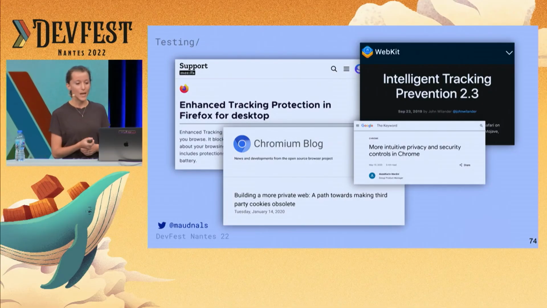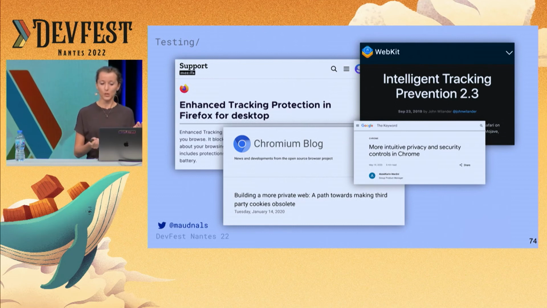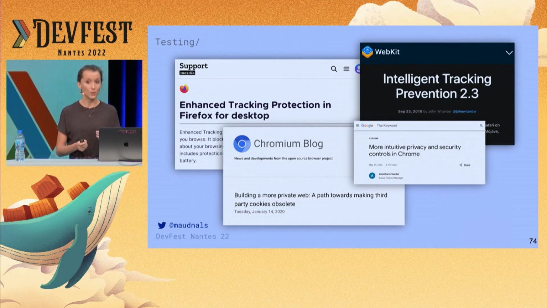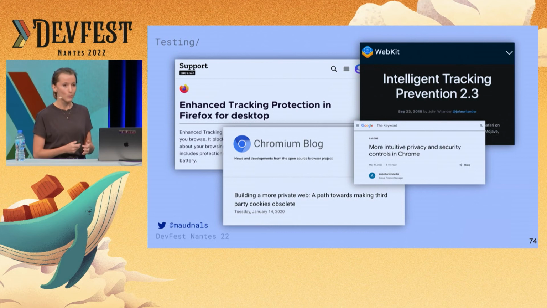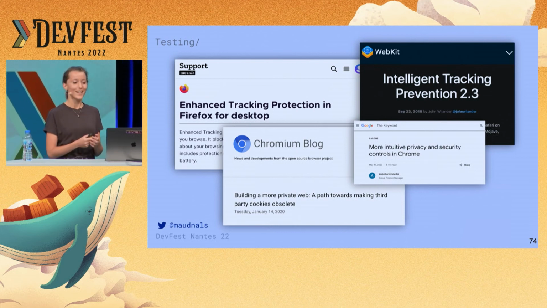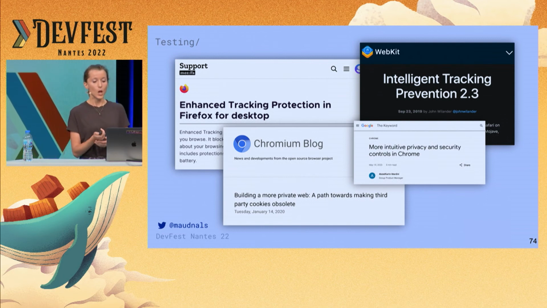So you probably know about this. Safari has Intelligent Tracking Prevention, ITP for short. Then you have Firefox with Enhanced Tracking Protection, ETP for short, that blocks trackers and some fingerprinters and crypto miners as well, which is important in 2022. And Chrome plans on phasing out third-party cookies and also offers easy ways to turn them off in incognito, for example. So as you can see, all of these approaches are a little bit different.